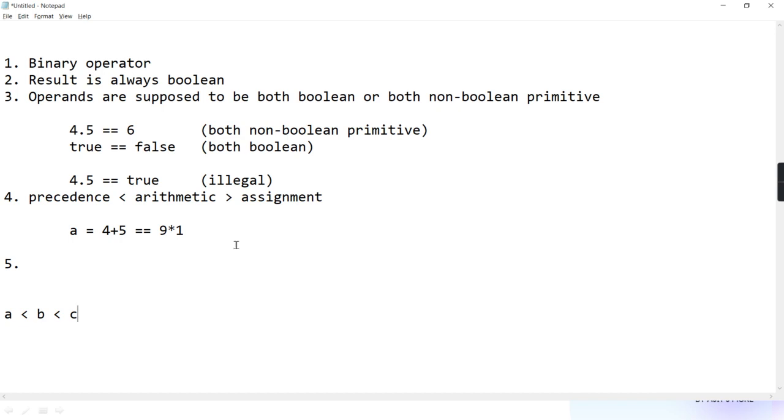It is illegal because I told you for relational, associativity is not there. But for equality, inequality, it has associativity. So associativity is from left to right, like this. A double equal to B double equal to C is legal.